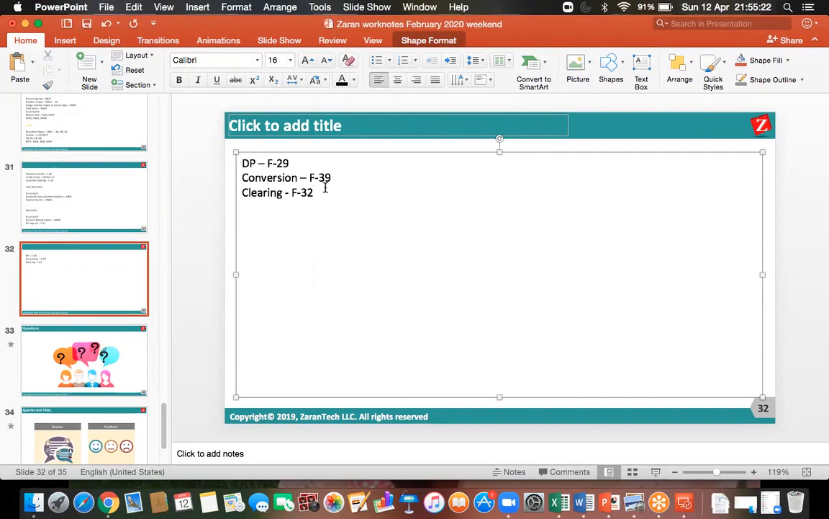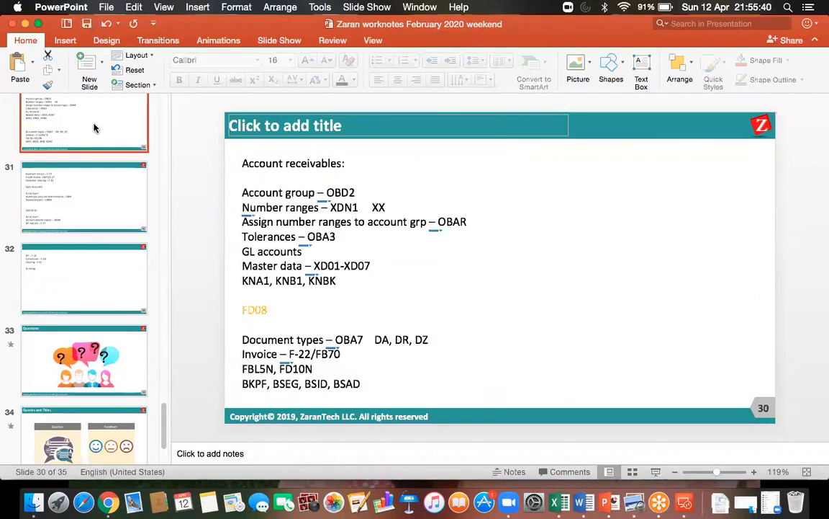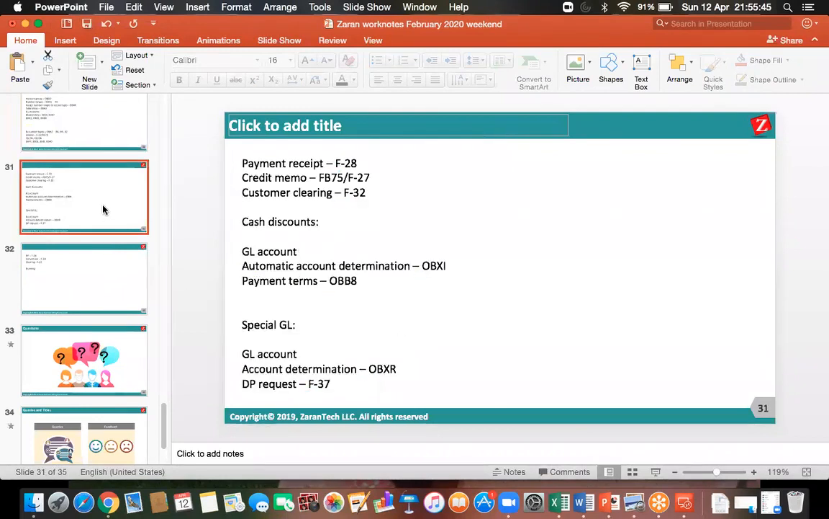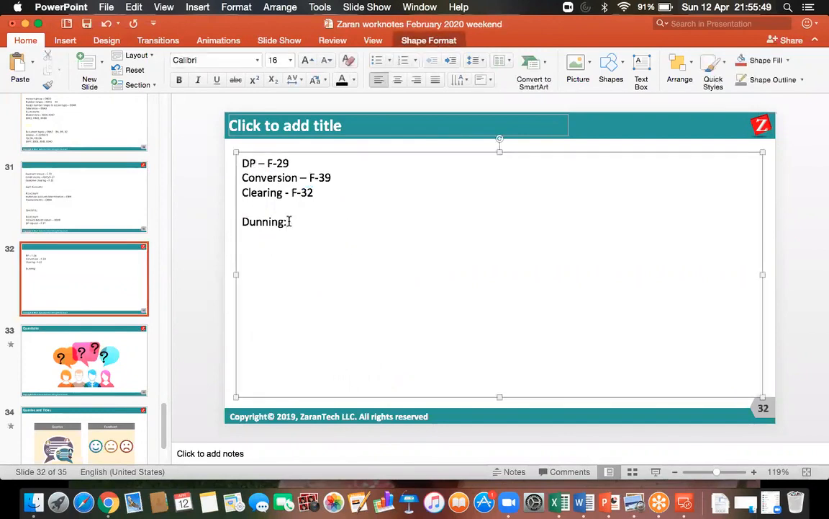So after this down payment, next topic is dunning. Okay. So we shall discuss this dunning in the next session. Okay. Fine, everyone. So here, today we saw the AR module. In the AR module, we have seen the postings, cash discount and special GL. After dunning, we will be going to,